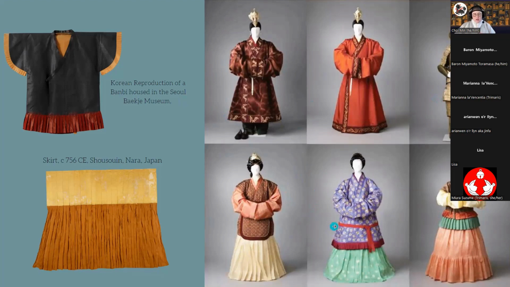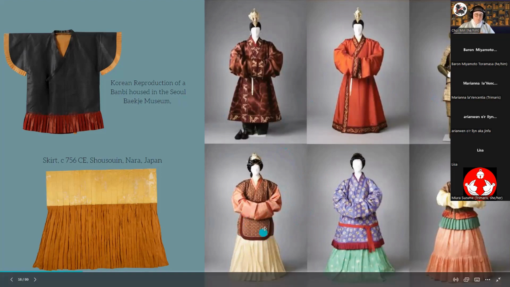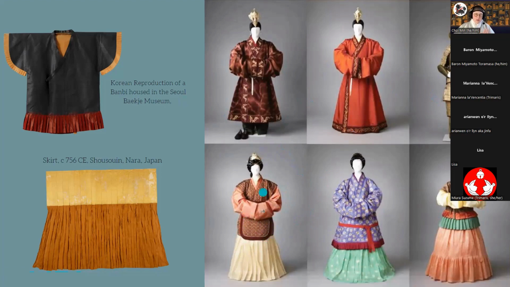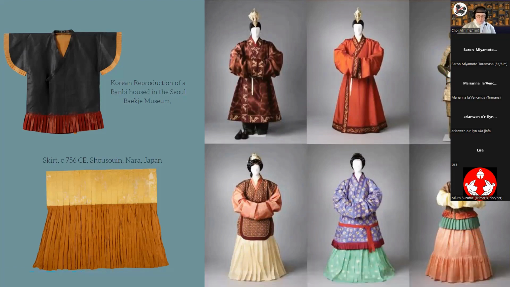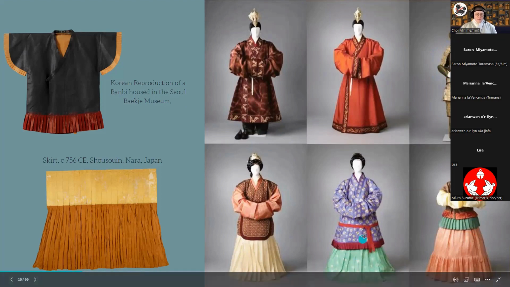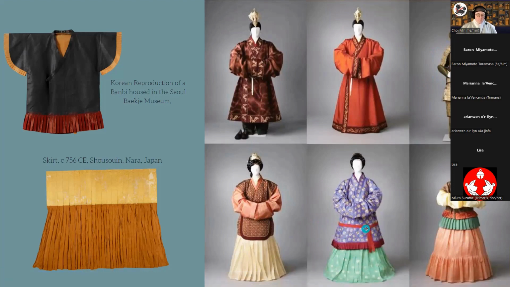So here, the Baekje Museum in Korea has put together these reproductions of Baekje clothing. You can see we've still got, I think, king, queen, prince, princess, and then either a maid servant or another princess, I can't remember. And this is some Baekje armor reconstructed. Here they did the skirt line super low, kind of casually. So I don't know if this would have been